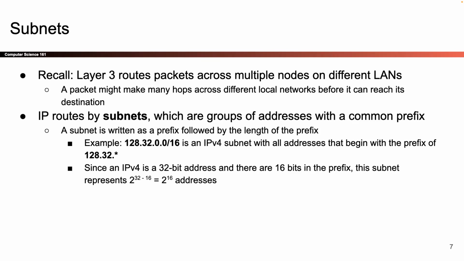That router is going to say, well, I can't reach Australia, but I'm going to send it this way because it's going to get you closer. So that router will send it forward to another router, and then that router is going to send it forward to another router. So it can take many, many hops across the world for my message to reach its ultimate